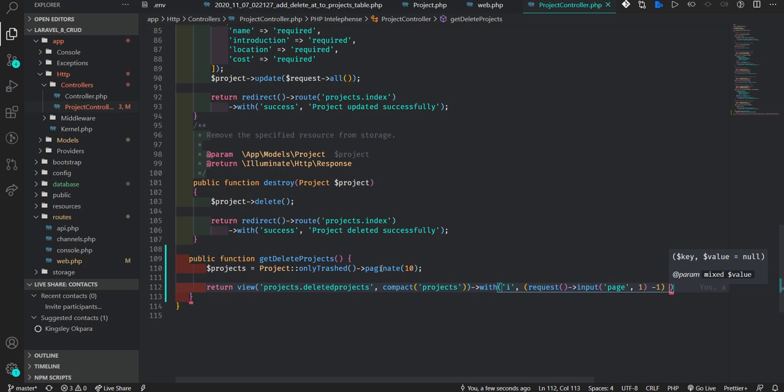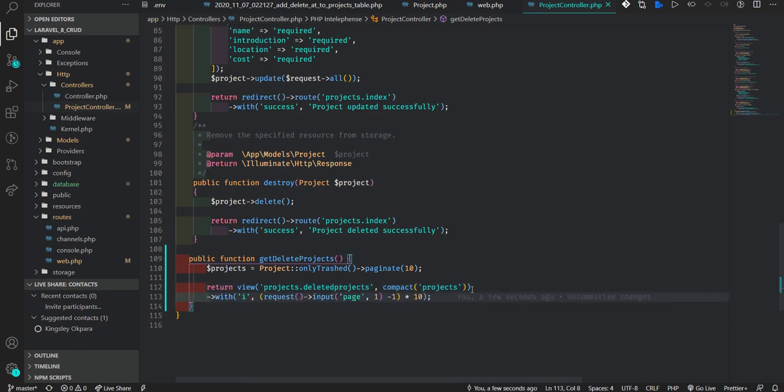Have to be patient with me for live coding. 10. Okay, I think we have this. No, we reduce this. We don't want it to spin round. We like to make my code easier to learn, and from afar you can see it. Now we have created a view with deleted projects.